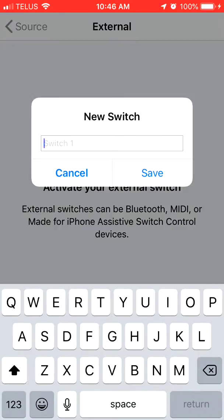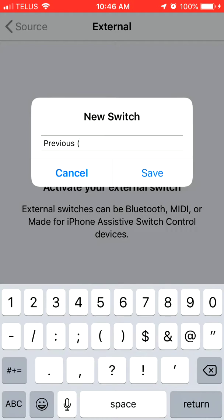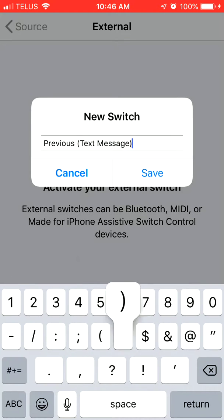And as you can see, a dialog box has come up saying new switch and wants me to label the switch. For that switch, we're going to label it as previous. And in brackets, we're going to put text message, as that will be an alternate function of this button, as all of the buttons available on the iOS switch control do have multiple functions, buttons 1 to 4. So now I will click Save,